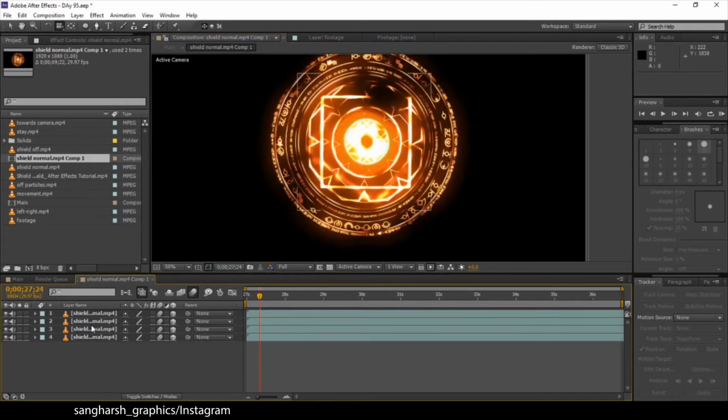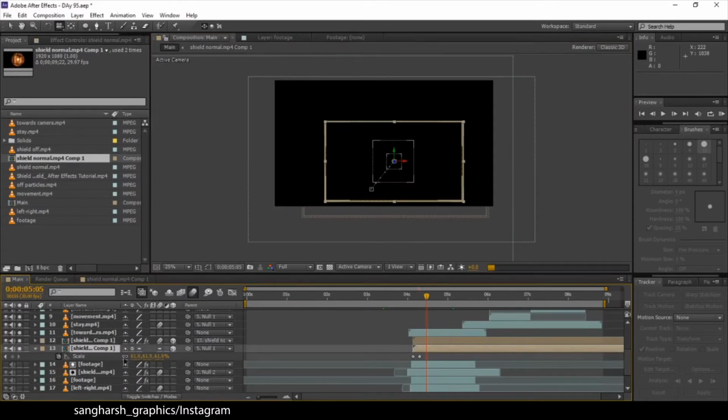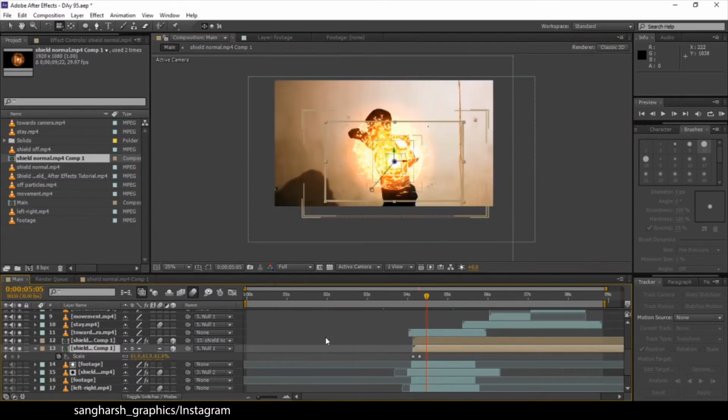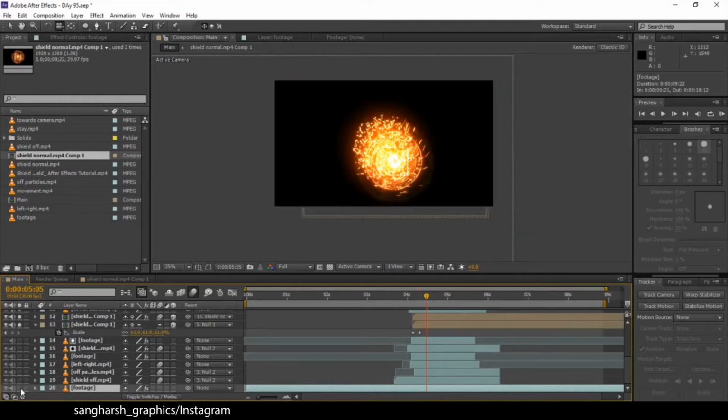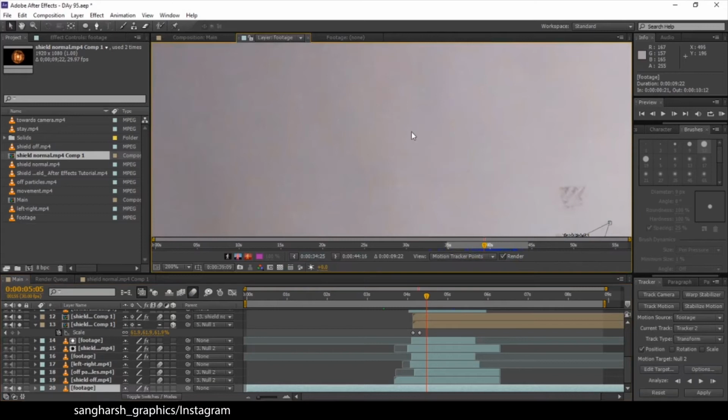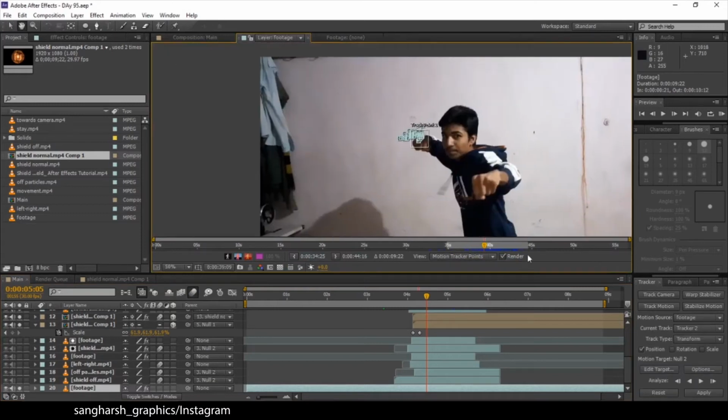So let's just delete it. And then I selected my footage, went to track motion, and tracked my hand. You can see here is the back hand tracker and here is the front hand tracker.